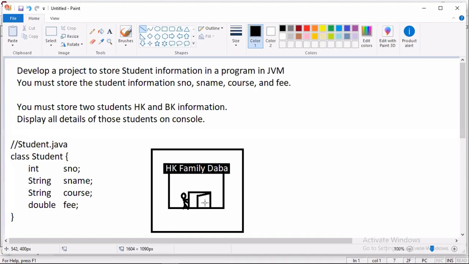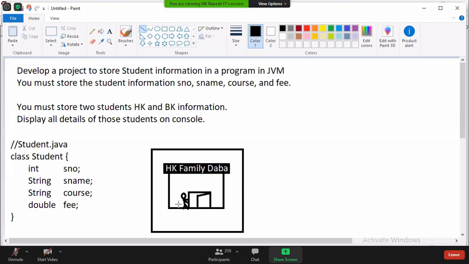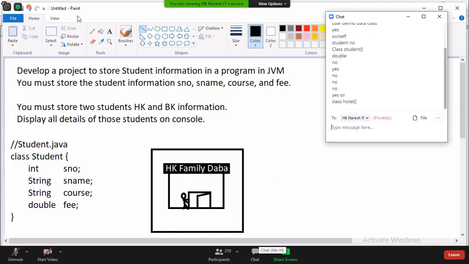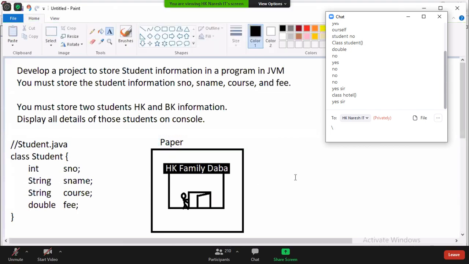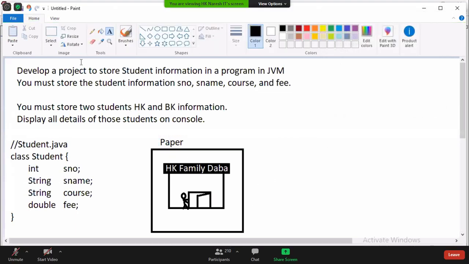Okay, feeling that hotel. So this is the hotel diagram we have written. Then this is what? A paper. Then tell me, from here you go to any hotel.